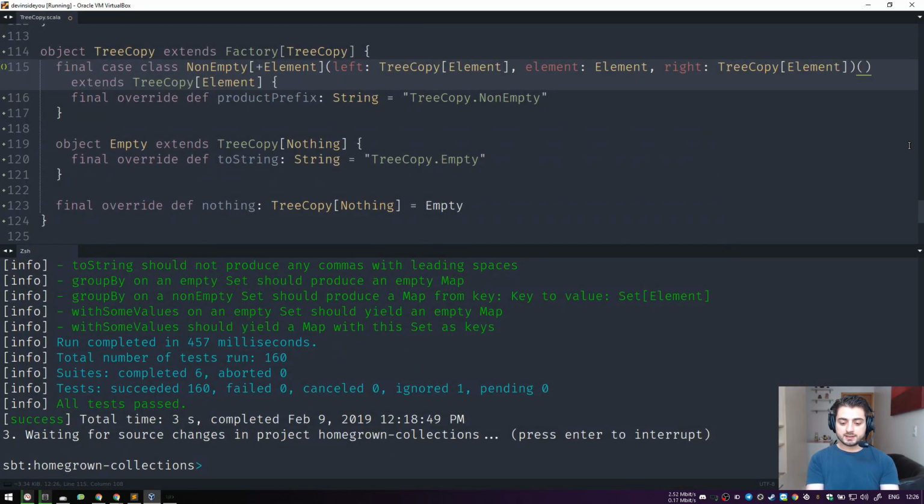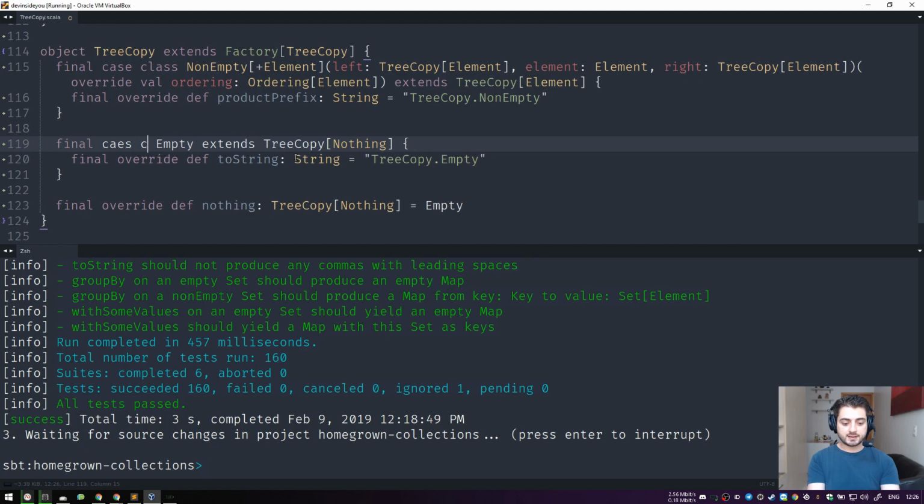Okay, so let's go back to this thing. We need to add one over here. So we're going to say override val ordering, which is an ordering of element. And now we're also going to notice that we need to change this object from an object to a class. So this is also going to be a final case class, and we're going to have an empty parameter list over here. And the second one is going to be override val ordering